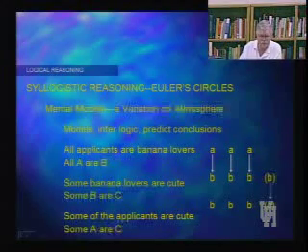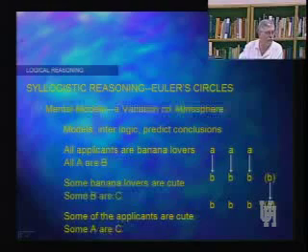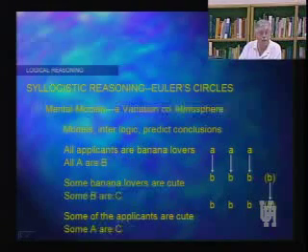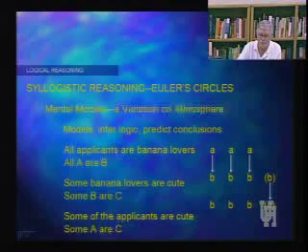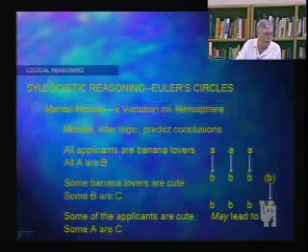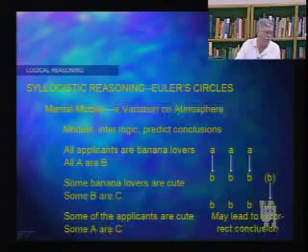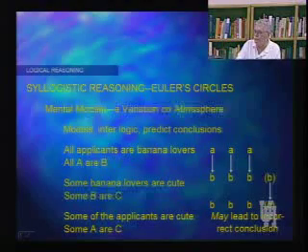The point is that you have to consider all of the models. When you start using Euler's circles, you have to be aware of all the different formats that it can take before you can really start using it logically to help you with the logic that's involved. Now here comes the psychology, not just the logic, but the psychology. I'm just restating the obvious here. That kind of a model may lead to erroneous conclusions.